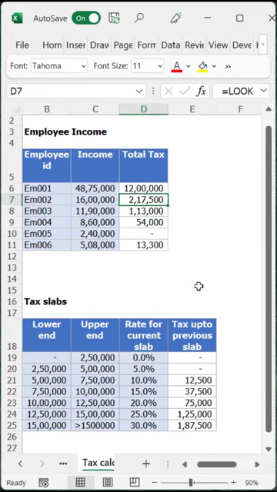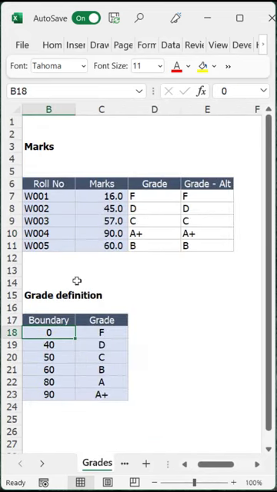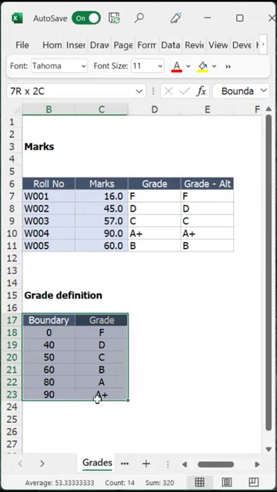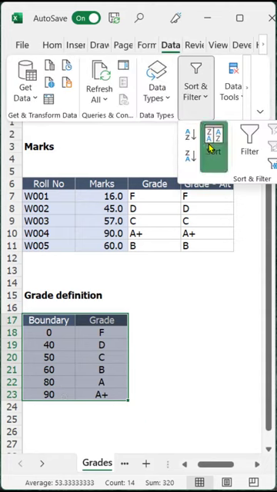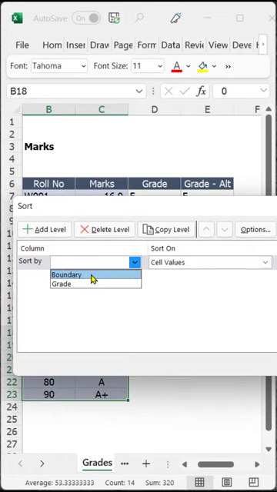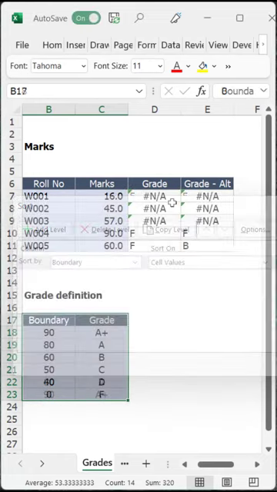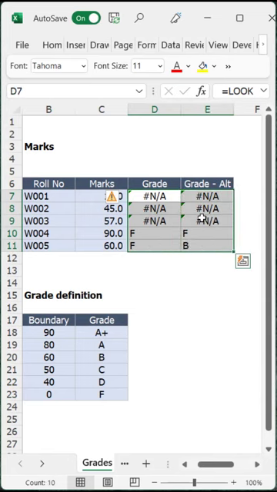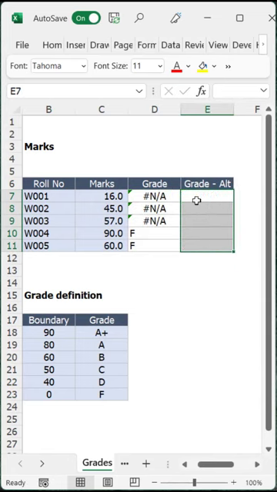So when you think of the latest XLOOKUP function, it is actually an upgrade over this LOOKUP function that we had. The limitation of the LOOKUP function is that it can only do approximate match, and it fails if the data is not sorted in the ascending order of the lookup value. So if my data was sorted in the descending order of the boundary here, you will notice that we don't get the correct answer. So let me just sort it and show it to you. You notice that our LOOKUP function failed. VLOOKUP approximate also failed. And this is where XLOOKUP comes in handy.